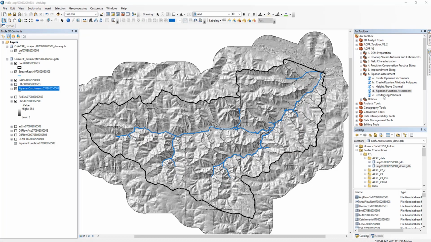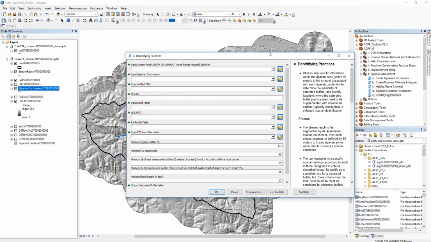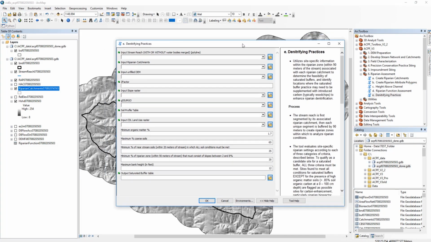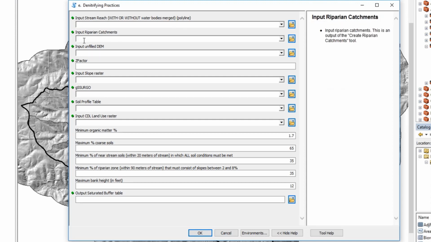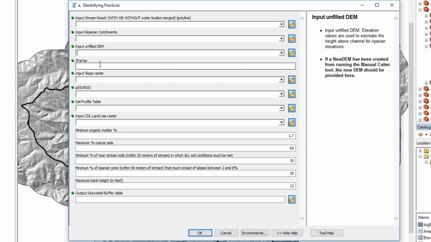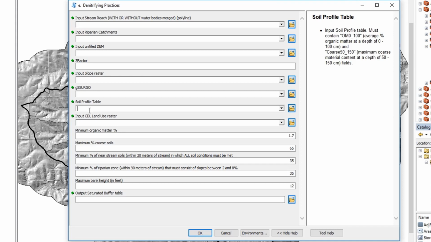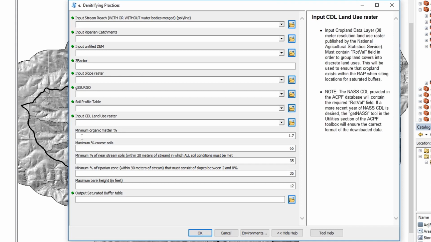So first, let's take a look at the tool interface to get an idea of what it's going to be asking for. The first input is the stream reach. This will be the same one you use to create your riparian catchments. We'll input the actual riparian catchments, our unfilled DEM. This is the new DEM. Your Z factor. We're also going to include the slope raster, our G-Surgo raster, the soil profile table, and then